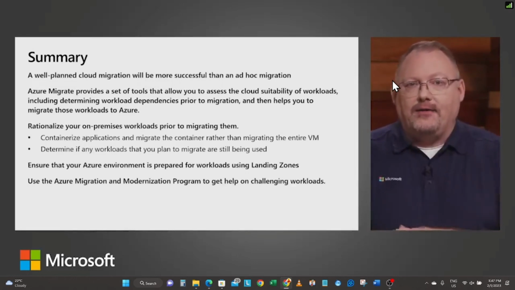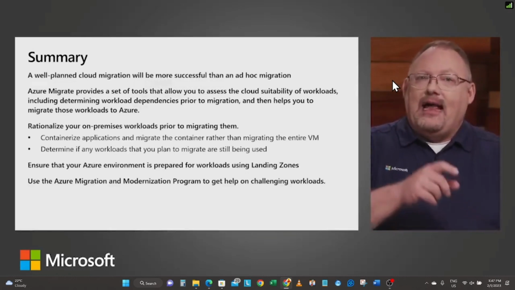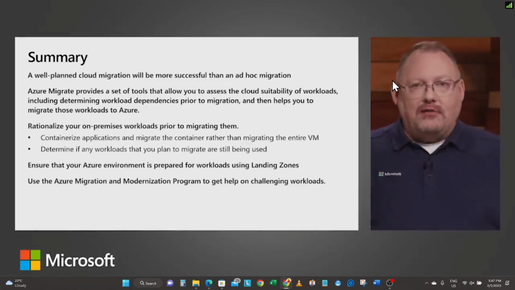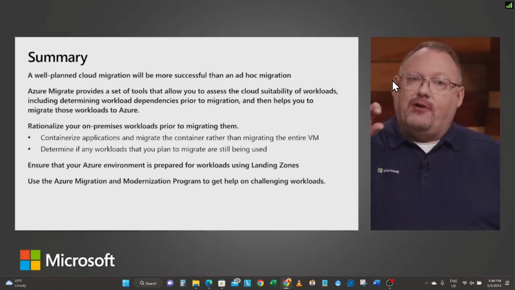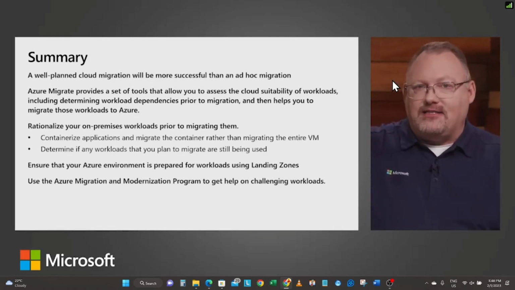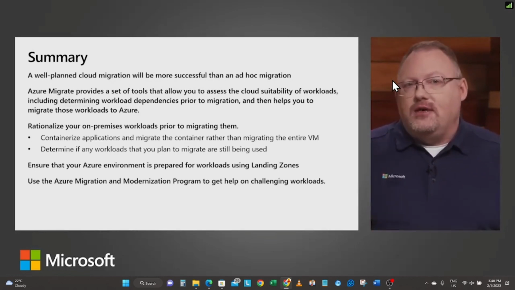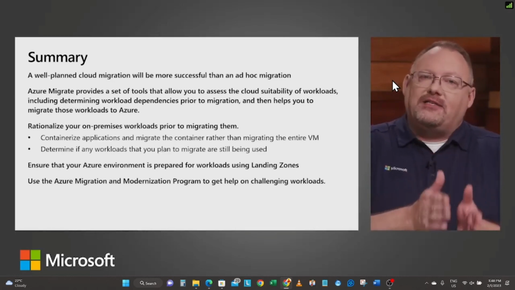Ensure you're prepared. So part of it is having an honest assessment of on-prem, having a plan, and now, hey, we're going to use Azure. We like the migration environment. We have to set it up. Be thoughtful about that preparation. You should plan your Azure landing environment just as much as you plan the migration and the assessments. And then use the Azure Migration and Modernization programs to help understand what's the best way to move the workload.